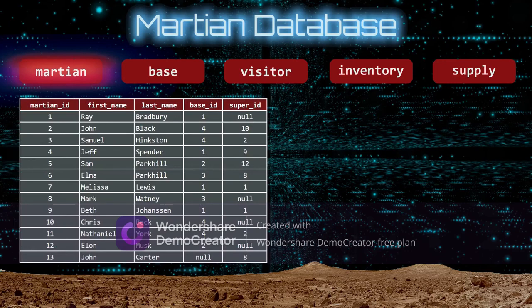The Martian table has 5 columns and 13 rows. The base ID tells you the base where the Martian lives, works, and plays. John Carter is currently unassigned. The super ID is the Martian ID of the person they report to. If the super ID is null, then that Martian is the head of their base and they bow to no